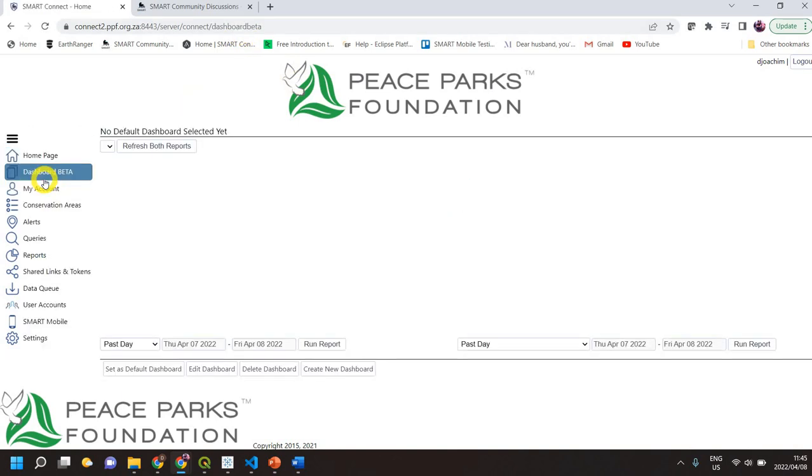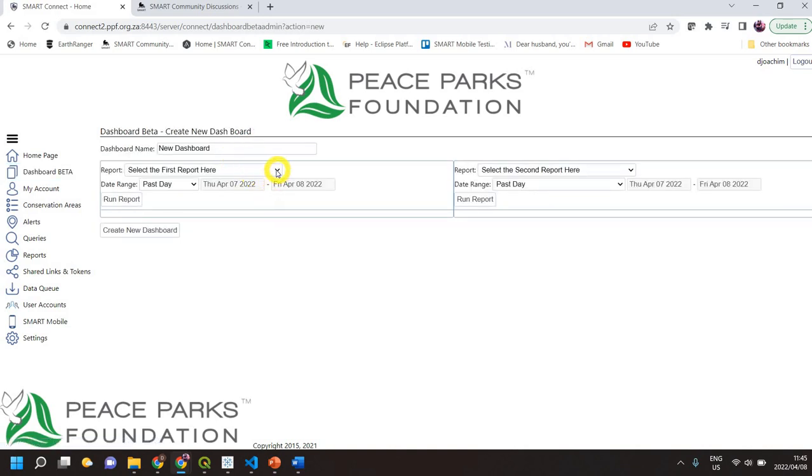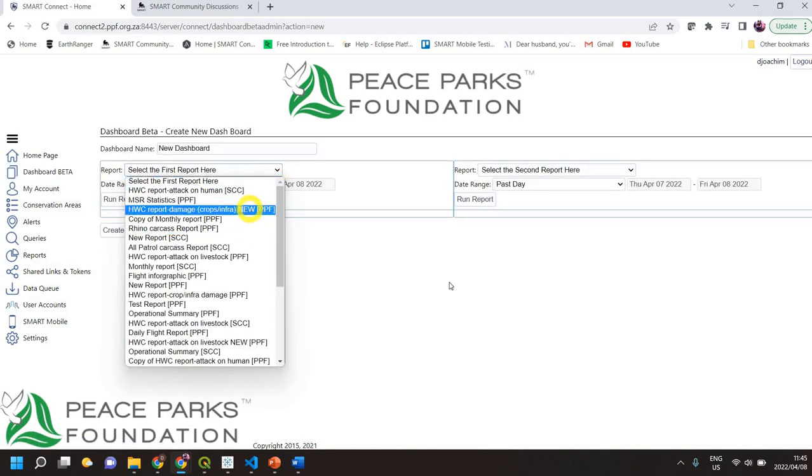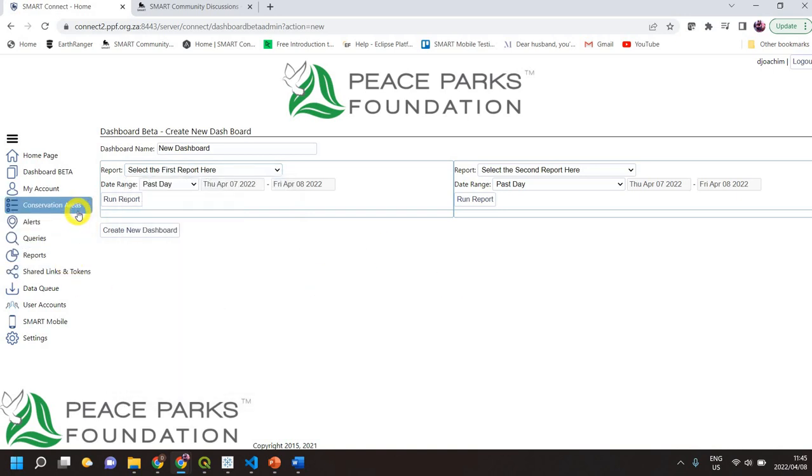The dashboard. So in here, you've got multiple reports. It would be static report templates that you would visualize here, left and right, and you can compare it left and right. So you would go to create a new one and you can select dashboards from specific conservation areas that are on your Smart Connect. Create that. So you would have to create icons and all that kind of stuff in Smart as a report